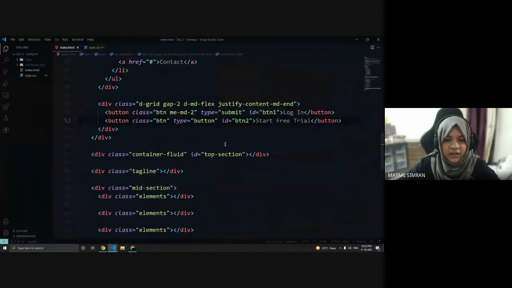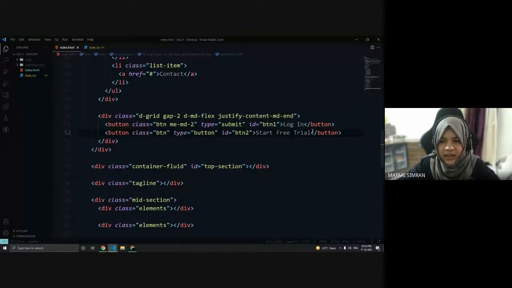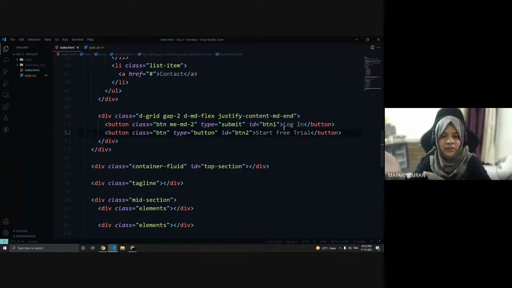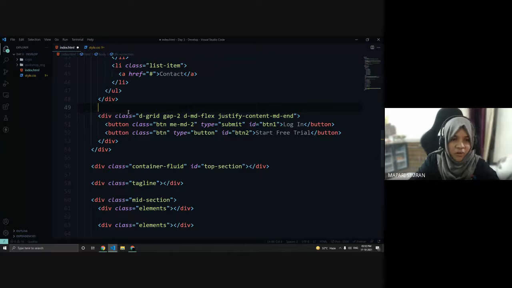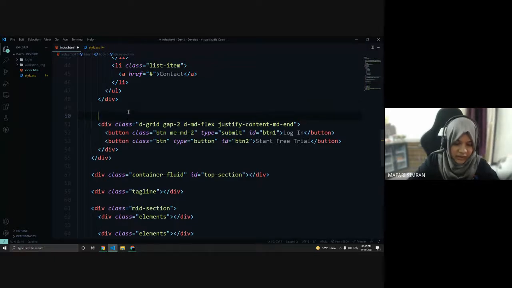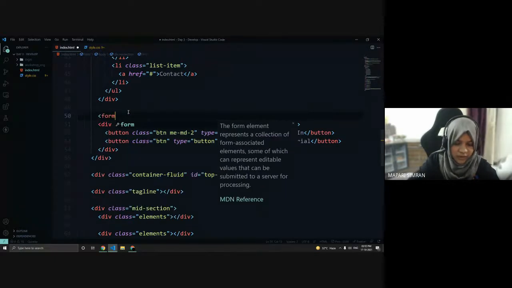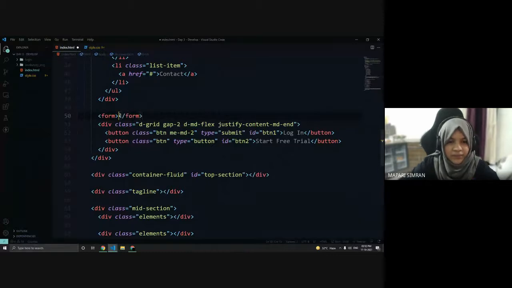Before that, these are the two buttons, and after clicking them we also want to redirect to the login page, right? So what we can do for that is create a form tag here so that we will be able to redirect it.